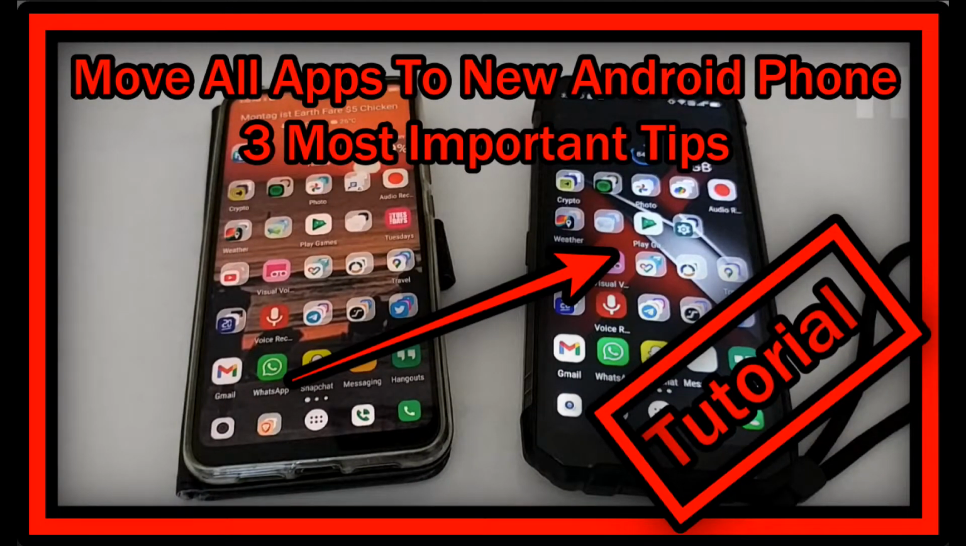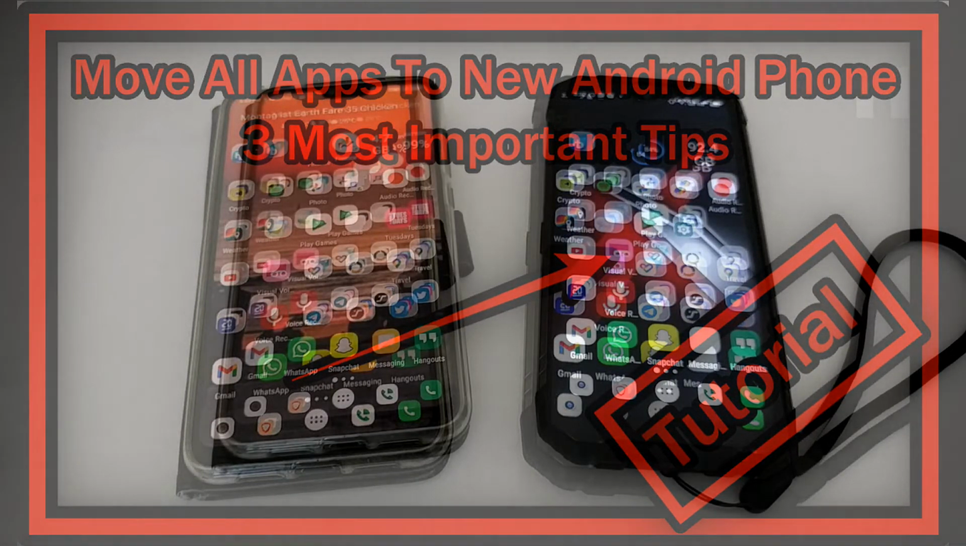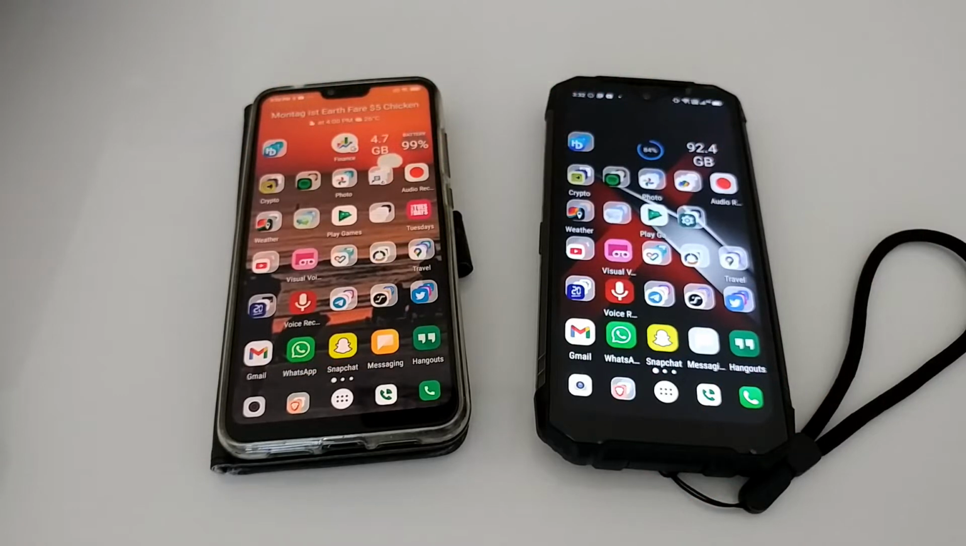Hi guys, welcome to the short video about how to move all the apps from an old phone to a new phone. I think a lot of people are in this situation every year or every 2 or 3 years or so, and that's a lot of work, or at least it can be a lot of work if you're not prepared. So if you're thinking about buying a new phone, it's best to act early